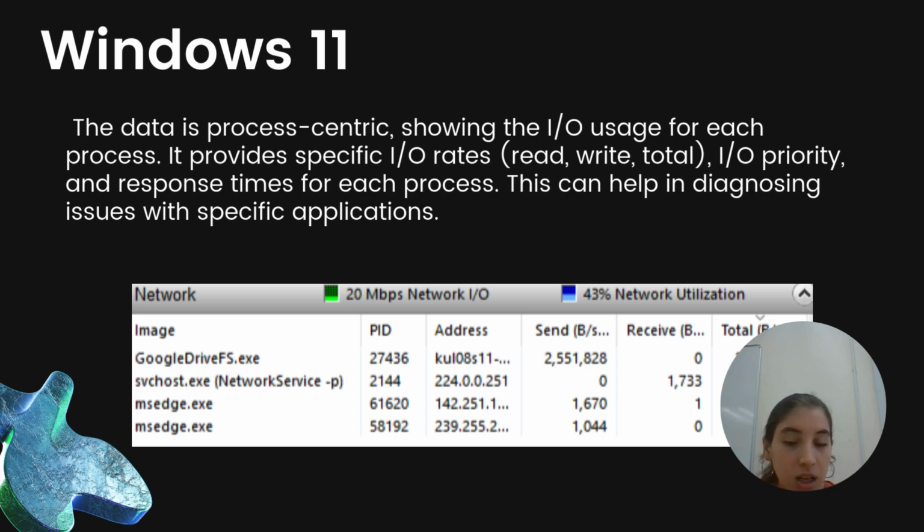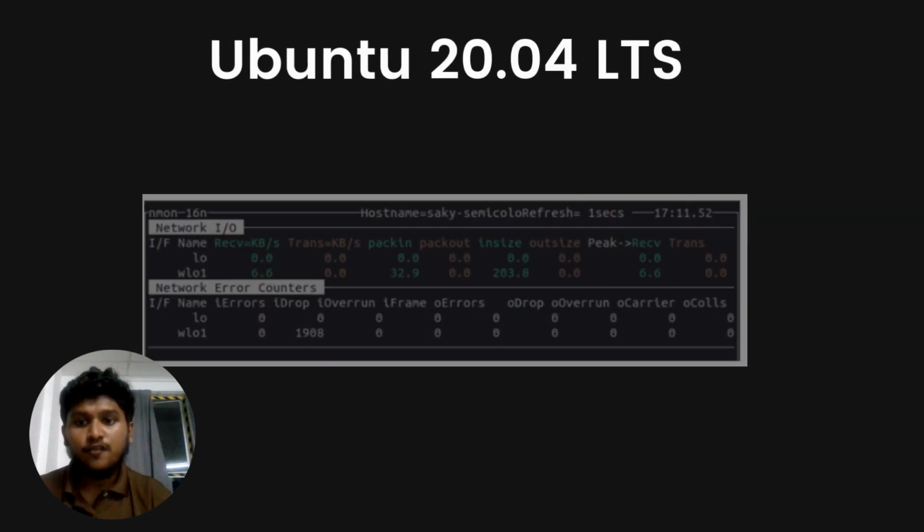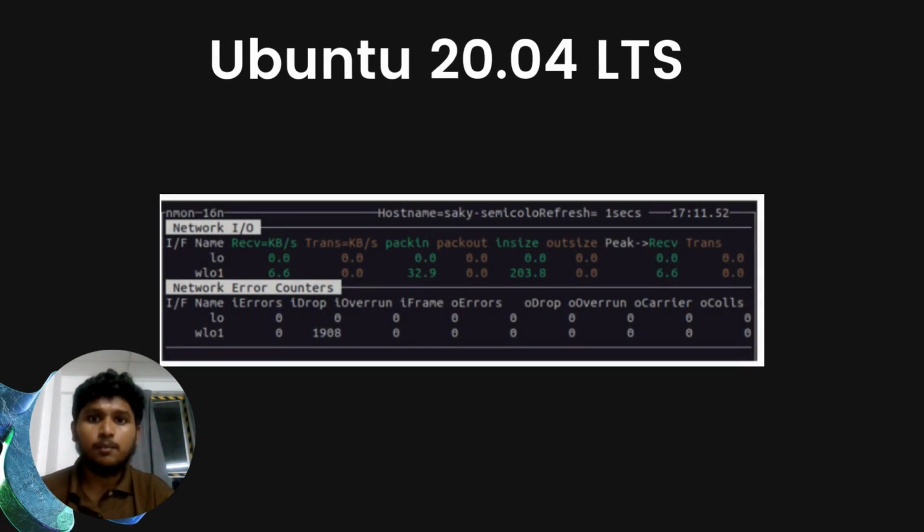Managing such high network utilization is very critical to keep it from monopolizing bandwidth and harming other applications and overall system performance. Regularly monitoring as well as arranging high-bandwidth activity at off-peak hours can help to maintain balanced network performance. From our testing result of the network throughput on Ubuntu 20.04 LTS, as you can see